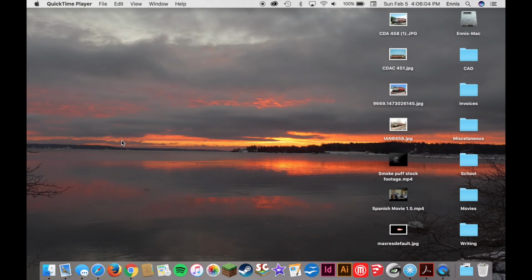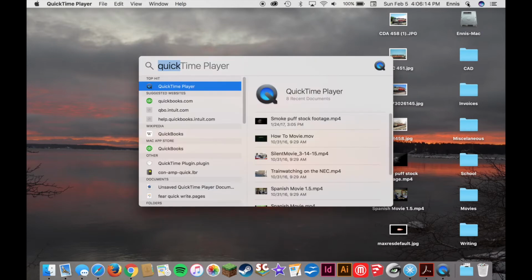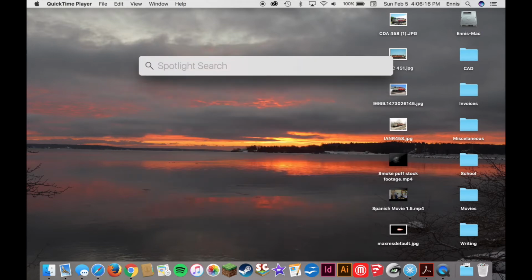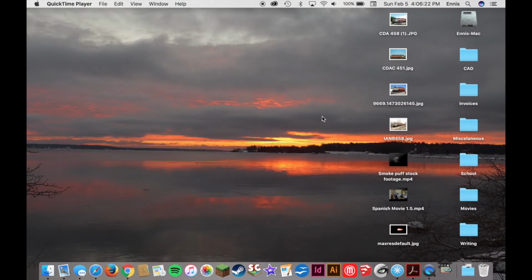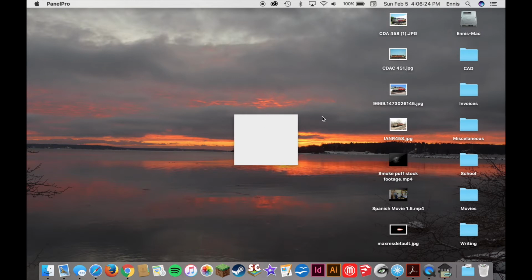Hello, this is a brief tutorial on how to get started with JMRI's Panel Pro. I will show you how to lay out a panel and add switches to it. The first thing you want to do is open up Panel Pro. And once it is open,